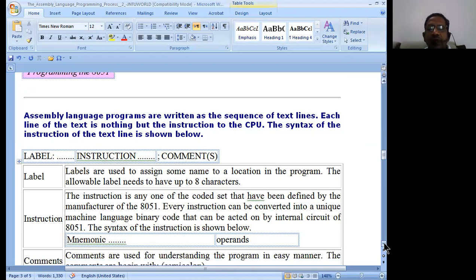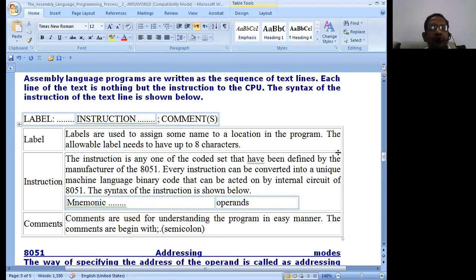Whenever we're going to write a program, usually every program is going to have three kinds of things. One is going to be the label, instruction, followed by the comments. Whatever you write with a semicolon is known as comments, whatever you write with a colon is nothing but a label, and the instruction is going to come with a mnemonic followed by its operands. Mnemonic is known as the name of the function. Operands are going to be the parameters on which the function is going to get implemented. And the comments are represented by a semicolon. So these are the various things which we normally use for writing a program.